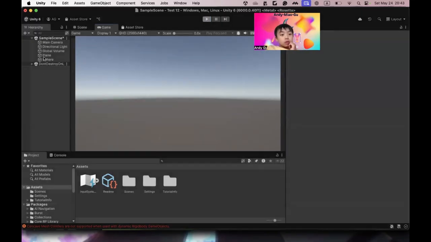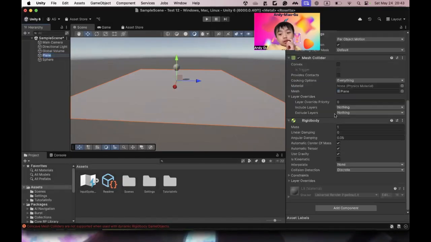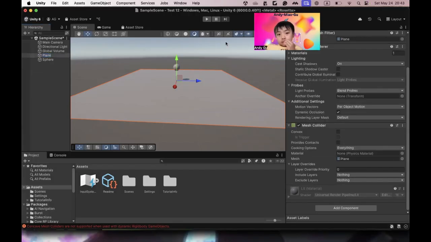So something you could do is go back to the plane, scroll down, and when it says rigid body, click on these three dots and delete it. Now when we run it, it should not